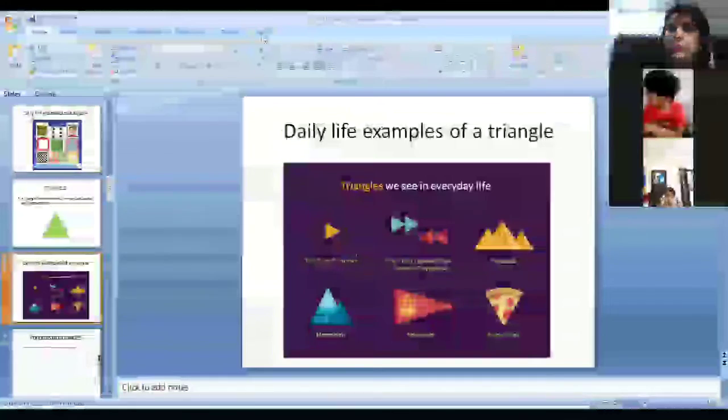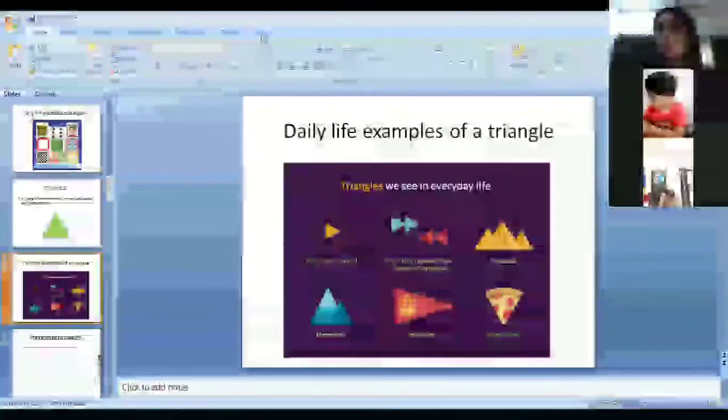Okay, children. So, we have studied about rectangle, square, and a triangle. All these are plane shapes. Okay. Now, before moving further to the next shape,